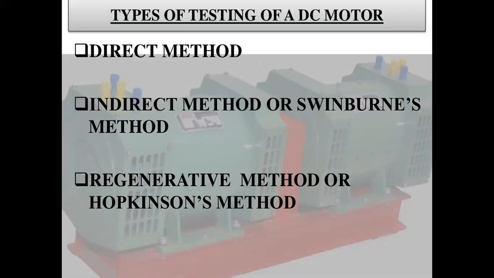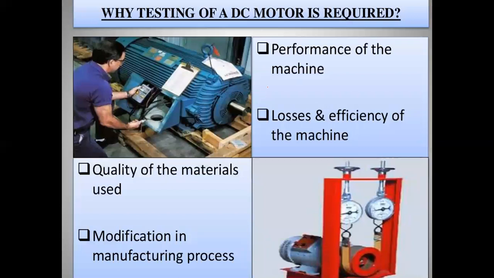And then, coming to the types of testing of a DC motor, the tests are classified into mainly two types. One is the direct method, the second one is the indirect method. What is the meaning of direct testing and indirect testing? Direct method means, suppose we want to know all these causes, the performance,